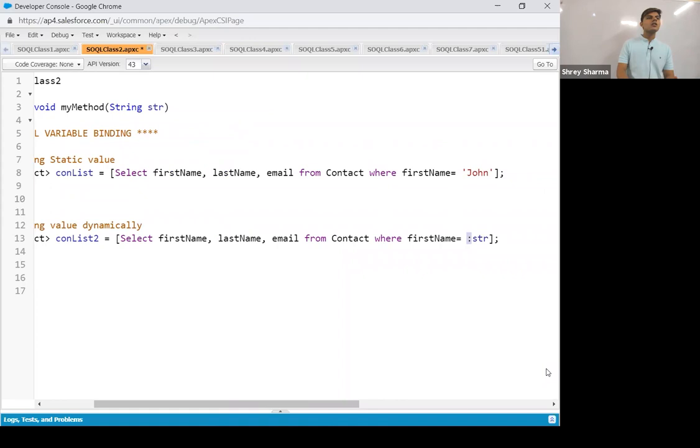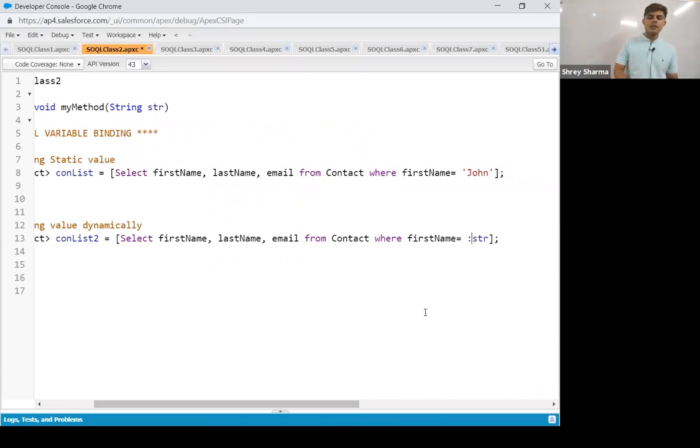It's not going to understand any Apex variable's value. It's going to be like, what is this str? But when you write the colon, it will search for that str variable in the Apex program in which this query is getting executed.